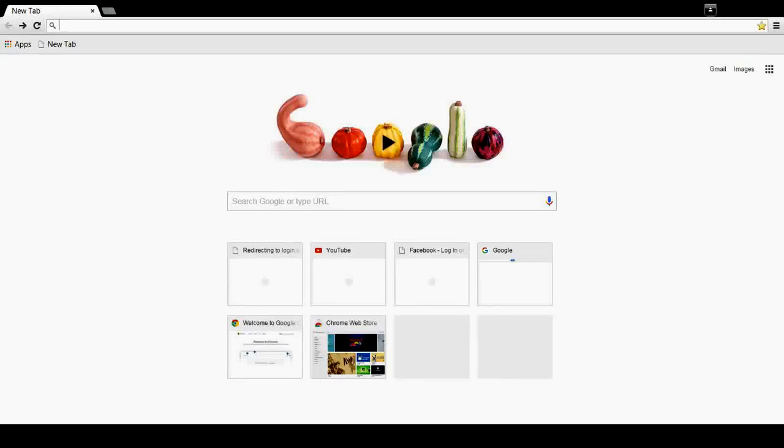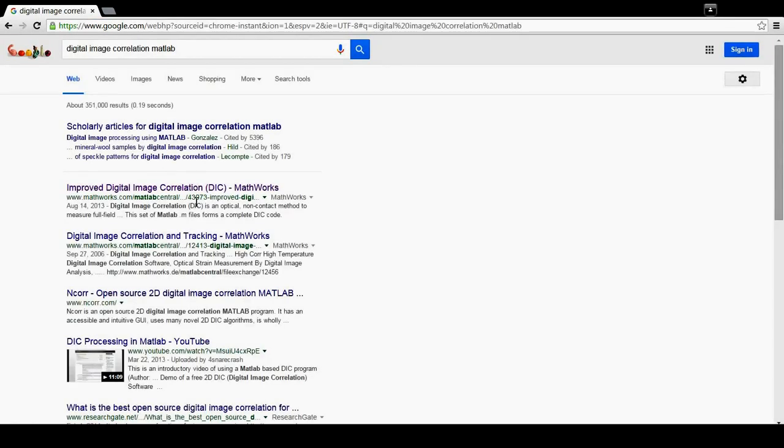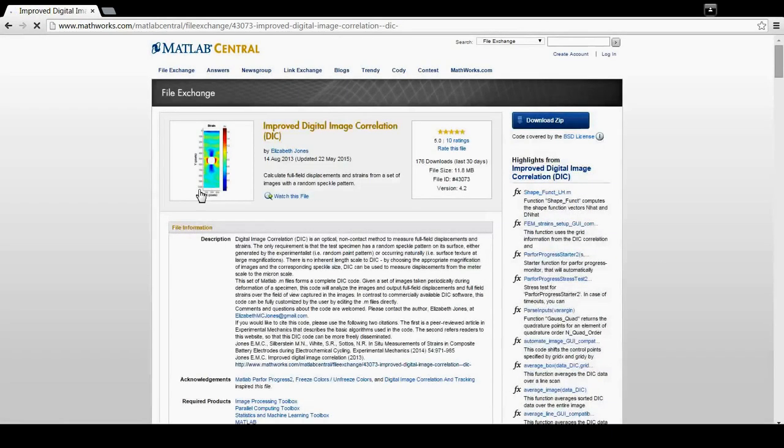Hello everyone. Today we are going to learn how to use digital image correlation in MATLAB. First of all, let's go to Google Chrome and type digital image correlation MATLAB. The first link here is from MATLAB Central, so this is the correct one, and then go to your right side and just download the zip file